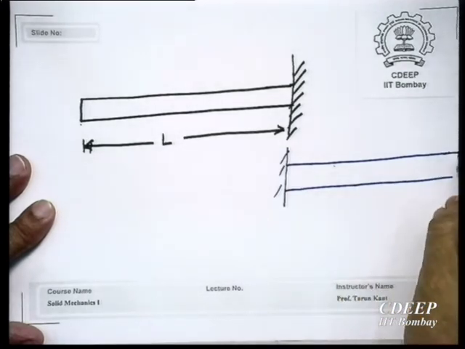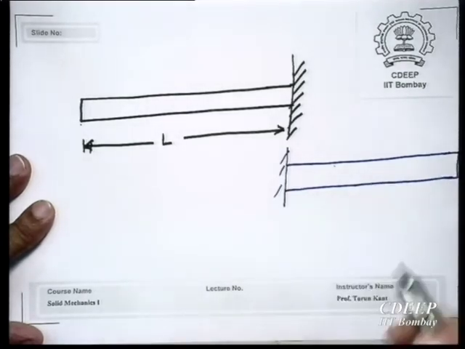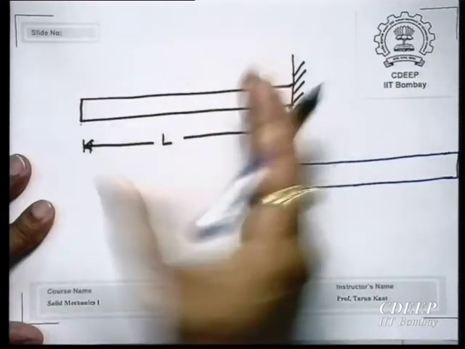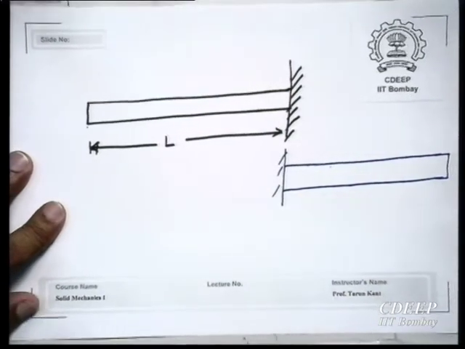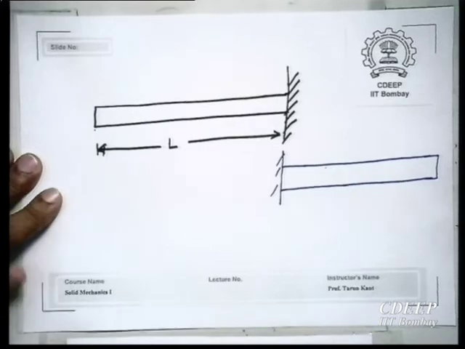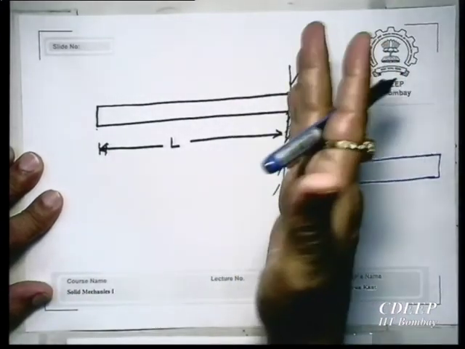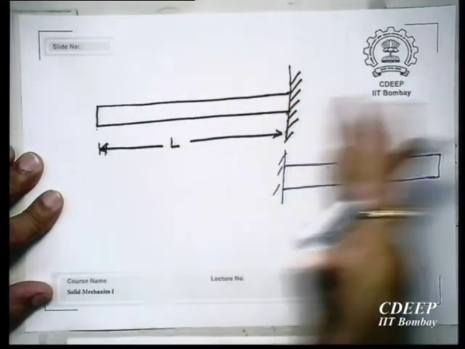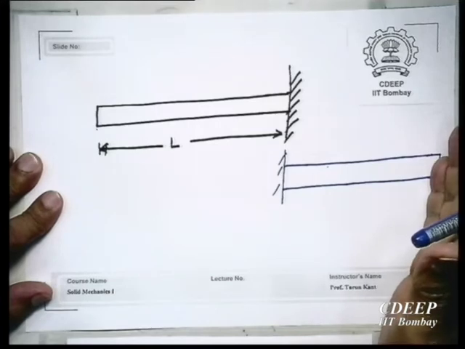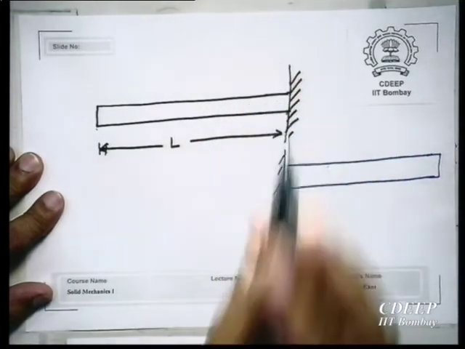Some people like drawing cantilever like this. Of course, length is not equal, because there is no space on my paper. But then this is a mirror image. So if this is subjected to,